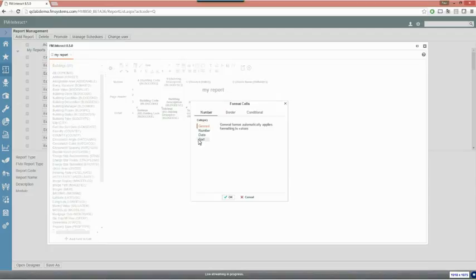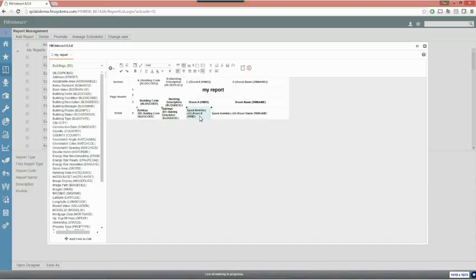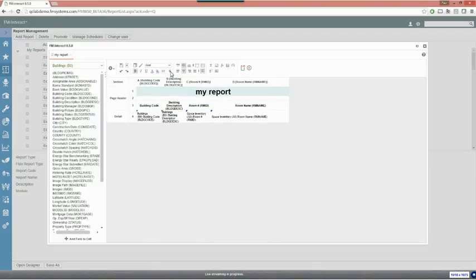So if I've got a field that's got a lot of numeric, like Excel, I can make sure that that's seen as a text field. I can also change the headers, changing the font size, the color, background color. Here's also where I add charts and graphs. So you can add gauges,